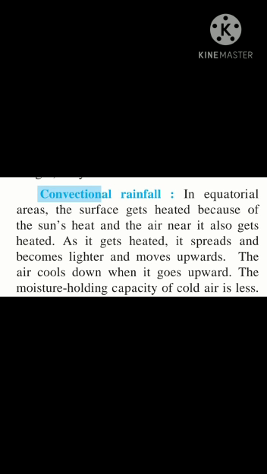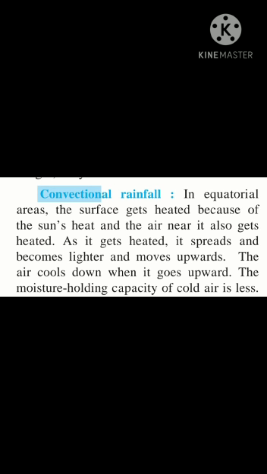First of all is convectional rain. In the equatorial region, there are perpendicular sun rays throughout the year. Therefore, there is very high temperature. The land surface gets heated very fast and evaporation takes place. Air near the surface also gets heated, and because of that it becomes lighter and results in the convectional upward movement of the air. Temperature gradually falls with the height and condensation, formation of the droplets,